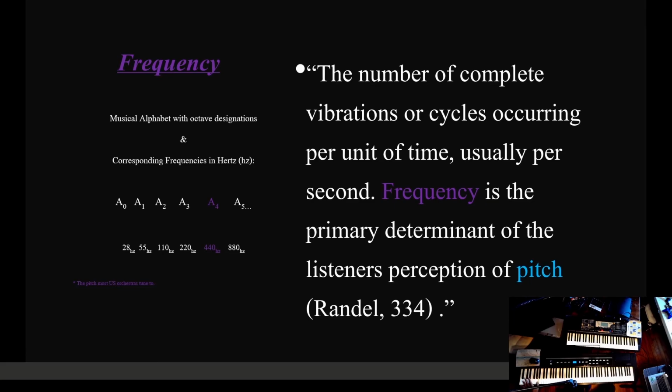So keep in mind, these are approximations in terms of frequencies, because some of these are very specific in terms of decimal points, but these are rounded, I think, to the nearest thousandth, if I'm not mistaken. So bear with me on this. Okay, so we said A0 is 28 hertz. A1, an octave above that, is 55 hertz. Notice how that's double. A2, 110 hertz. A3, an octave above that, 220 hertz. A4, an octave above that, 440 hertz.